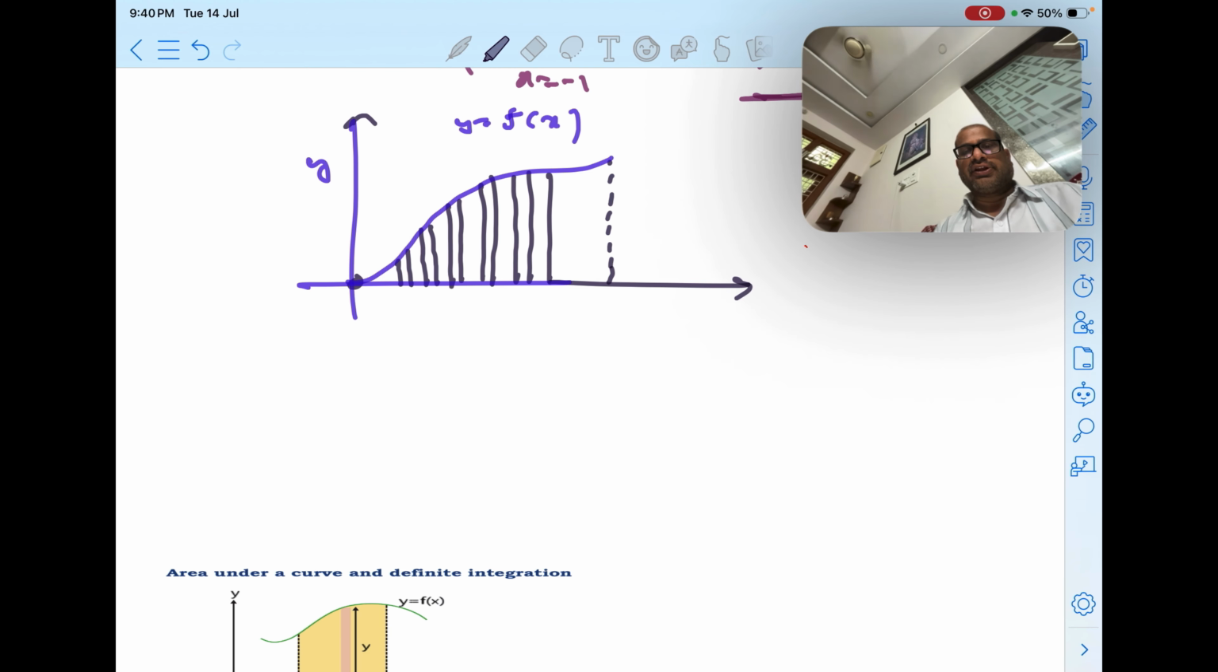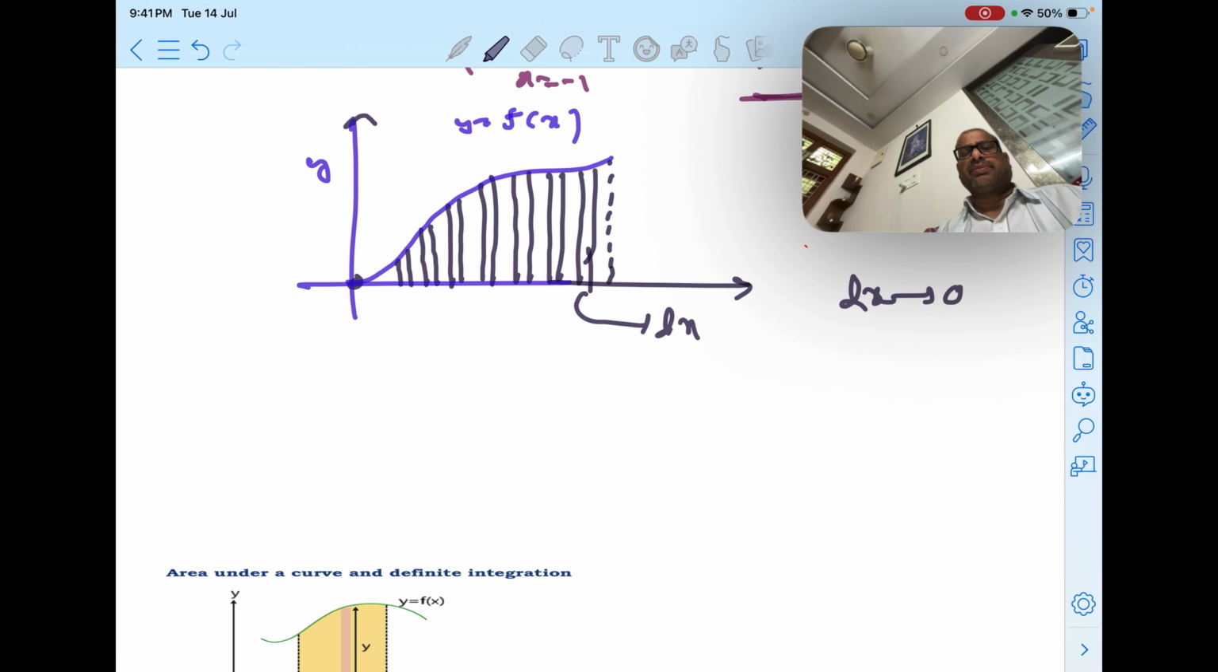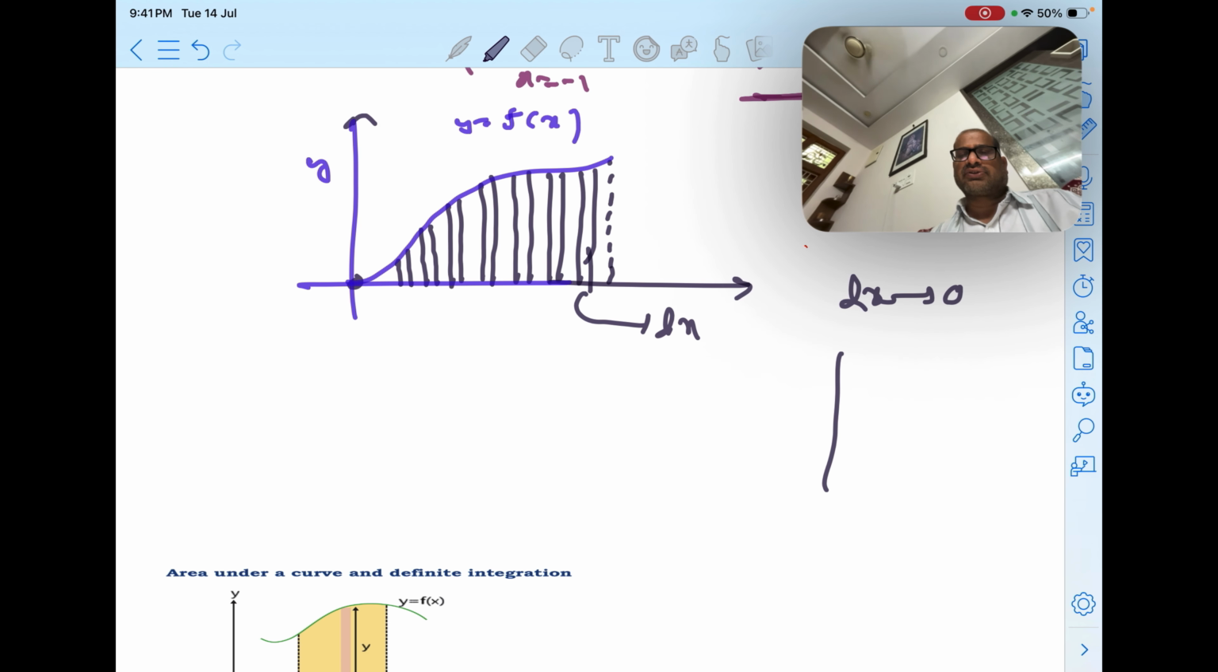Okay, the small elemental areas. How small do you make the dx, this dx width? How much small you make, that much this will become a perfect rectangle. Why? Because look at the board. So as we are taking like this, if you take